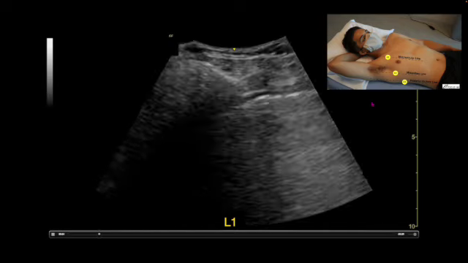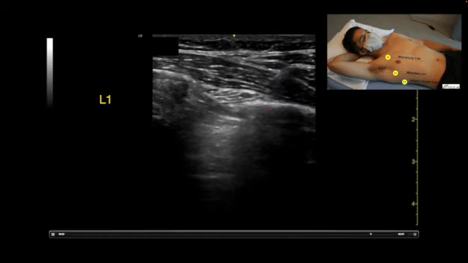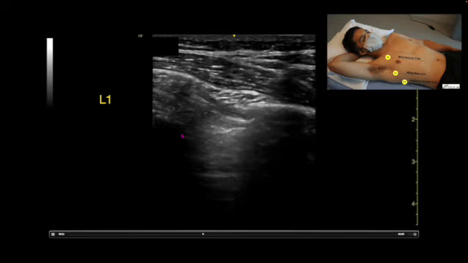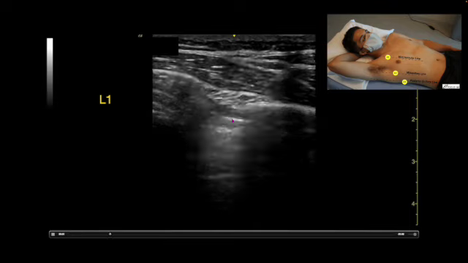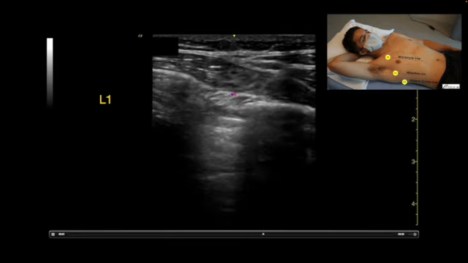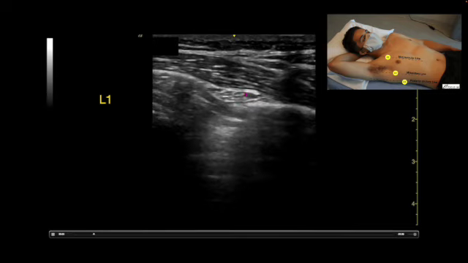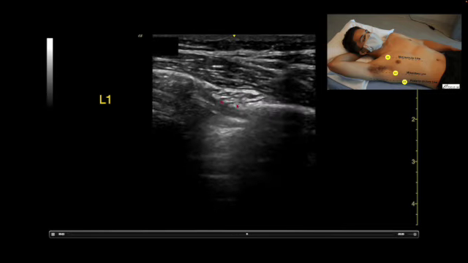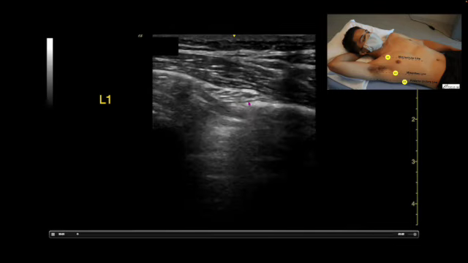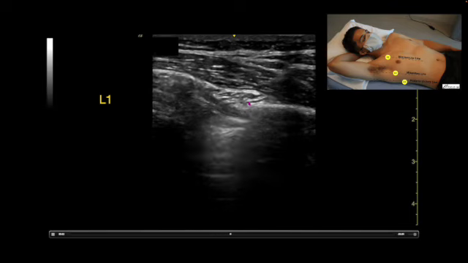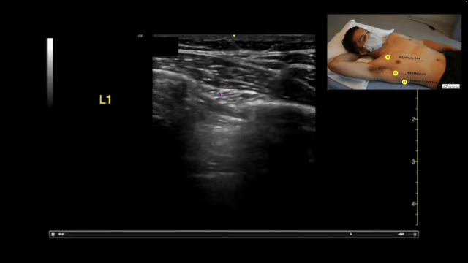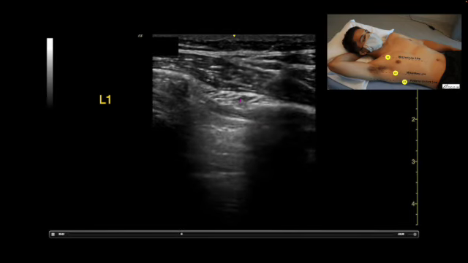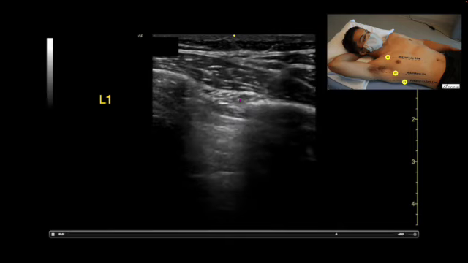Still not feeling confident, you go ahead and grab your linear probe. Here, you see two ribs with shadowing behind them. Where's our pleural line? Is this it? Or is it farther down here? Well, I don't want you to mistake the intercostal musculature for the pleural line. You don't see the intercostal musculature, where my arrow is pointing, very well when you use the curvilinear. But now that you have this high-def image, you can really see it has that striated appearance. So don't confuse the intercostal musculature with the pleural line, because the intercostal musculature is not going to move unless